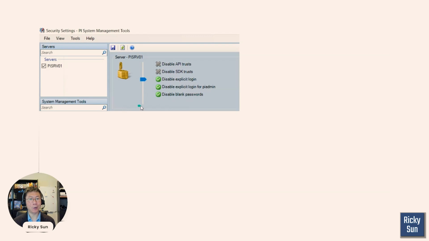So if you lower the bar all the way to the bottom, if you go for piadmin with a blank password, then that will be very bad, because everyone who accesses PI SMT, the System Management Tools, or anything, can program something, or then they have piadmin, right? They can do a lot of stuff in the Pi server.